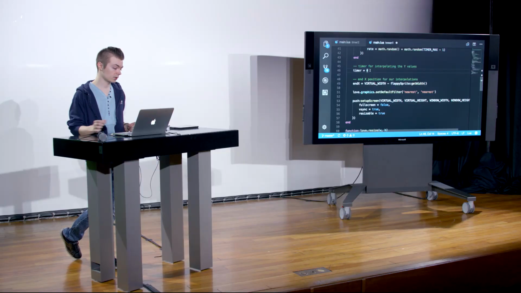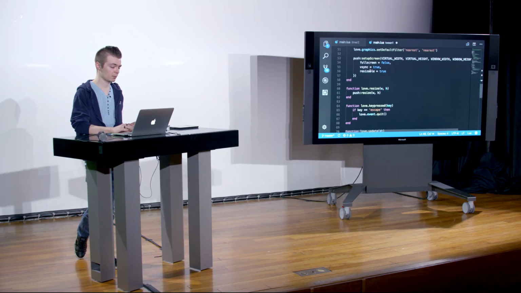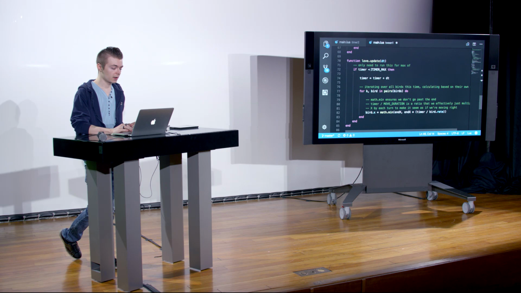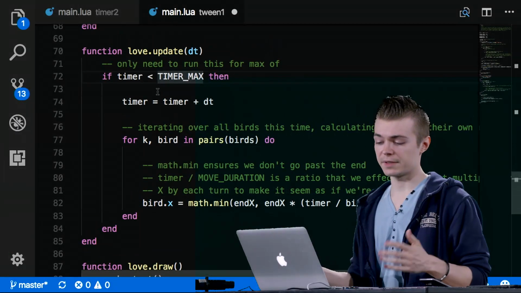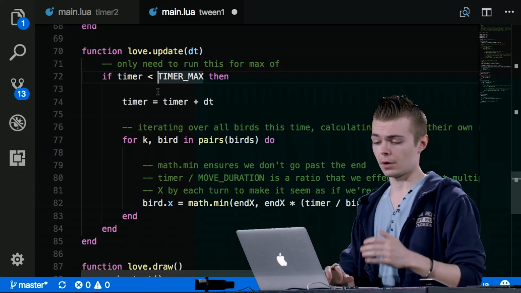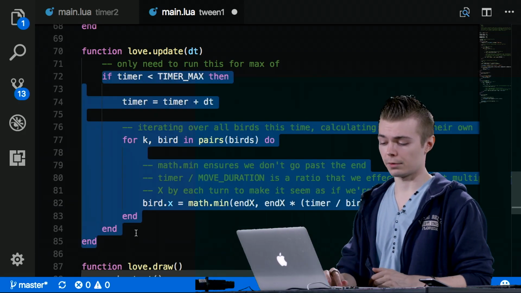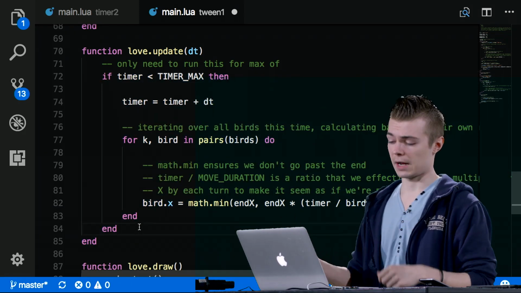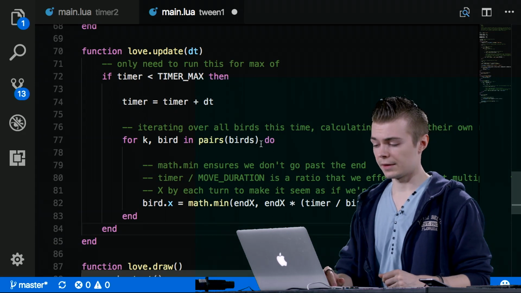And then, OK, so here we have a timer. We're not using knife.timer in this case yet. But basically in update, we're just saying as long as timer is less than timer max, this update logic will only run as long as we haven't gone over timer max. Increment it, and then for each bird,